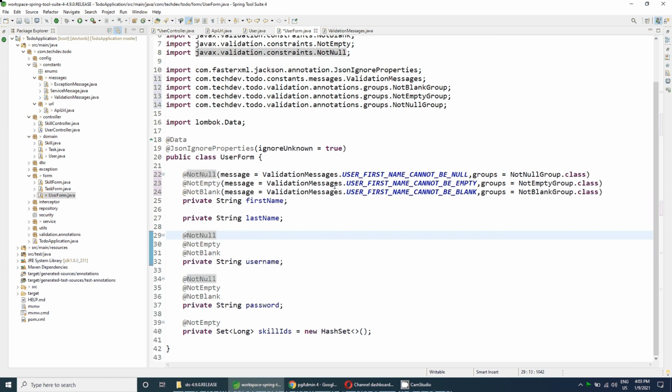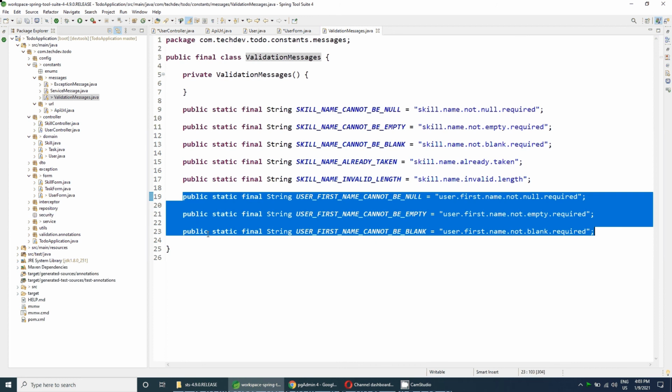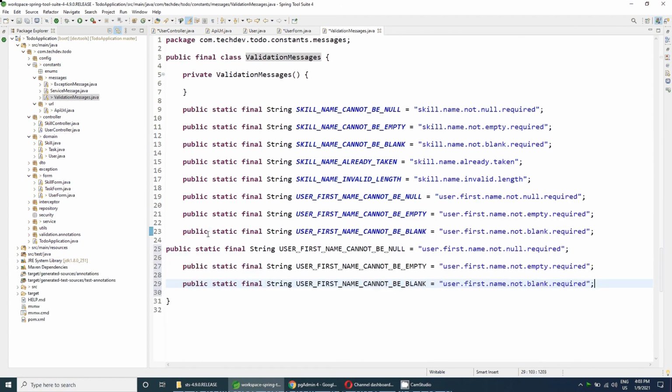Okay, so let's start. Message will be the validation messages username. Okay, so just copy this.